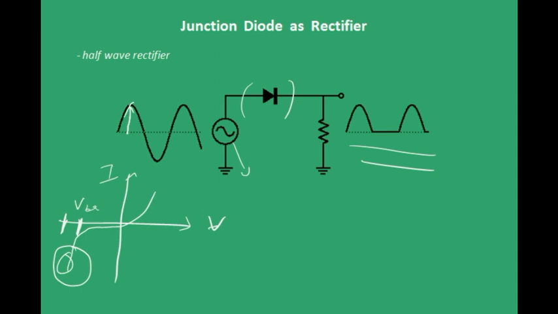The amplitude of your alternating voltage should be less than the breakdown voltage of that particular diode which you are using. Provided that, in the negative half cycle, since this will be somewhere in this region only, the diode doesn't conduct, so it acts as an insulator at that time. And in the forward bias condition, yes, it conducts current, right? So only the positive half cycles are finally transmitted to your load resistance.